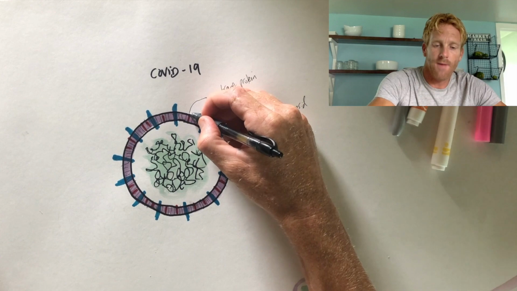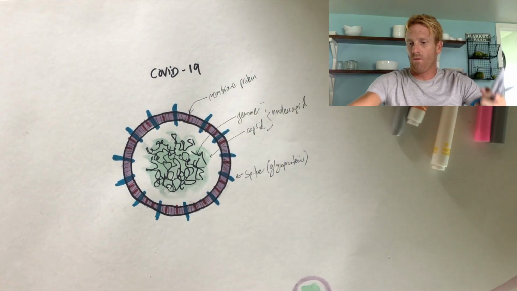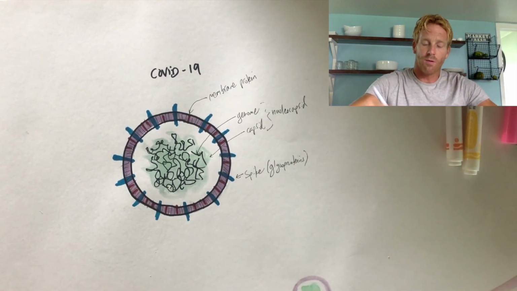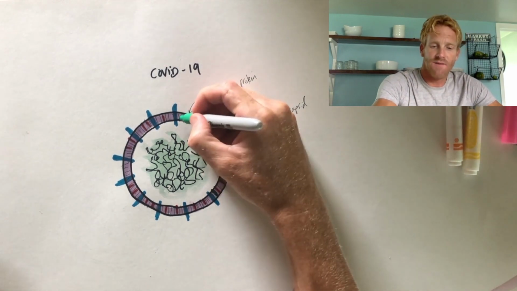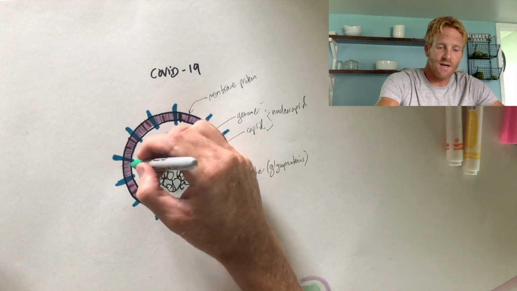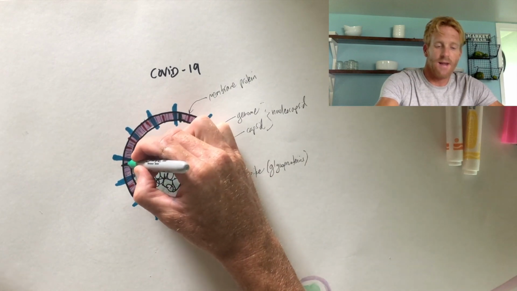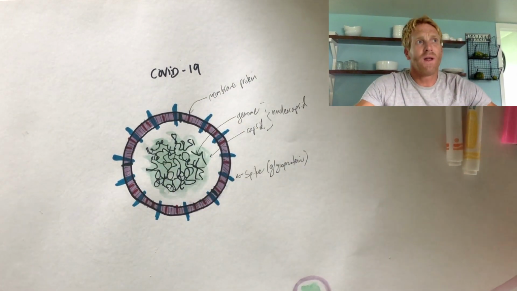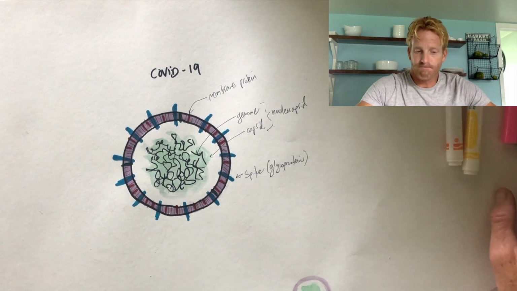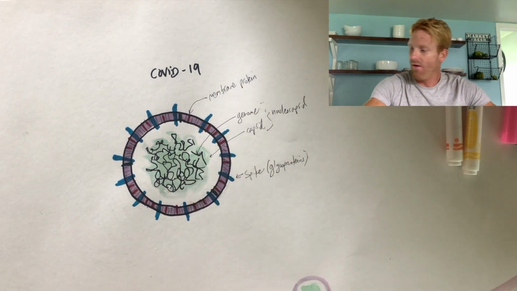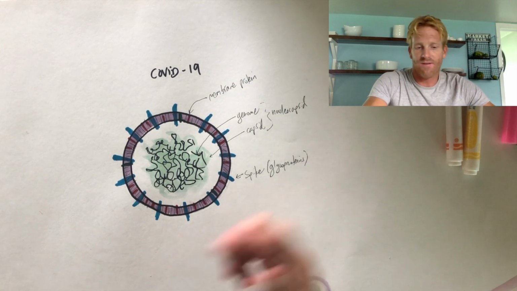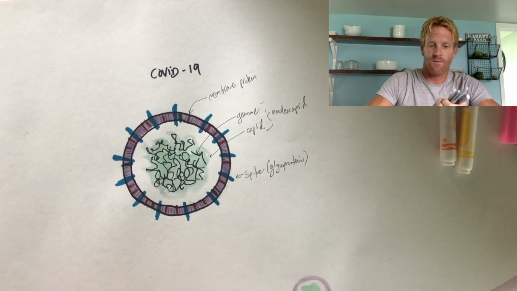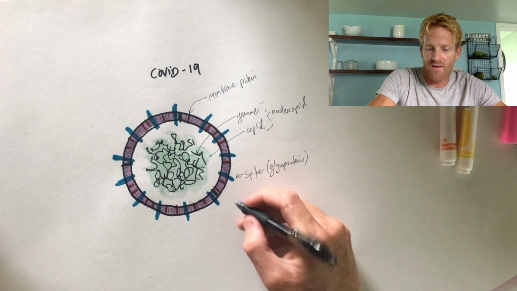Right there in red. And then the last protein that we're going to talk about is called an envelope protein. I'm going to draw this guy in this little green color. There's not many of these envelope proteins, but they're also kind of stuck inside the cell membrane. And they are really important in how the virus interacts with the host cell, and they're also important with assembly as well. So this is in green, you're going to have the envelope